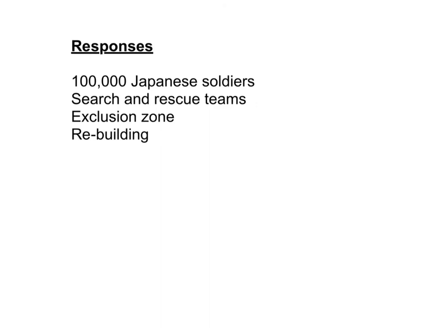Well, over 100,000 Japanese soldiers were deployed in search and rescue. They distributed blankets, water and food to the people affected by the disaster, so a short-term response. Specialist search and rescue teams were flown into the area from overseas. An exclusion zone was set up around the Fukushima nuclear plant and people were evacuated from the area. Again, all short-term responses. In the longer term though, a huge rebuilding and reconstruction program is planned involving houses, infrastructure